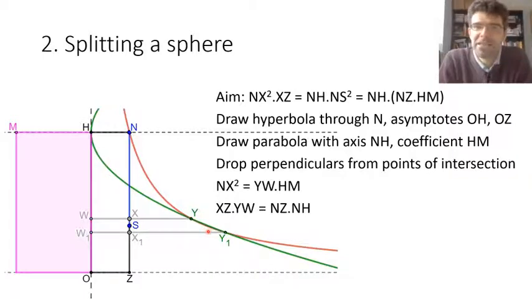And Archimedes seems to have used some slightly more advanced results about conic sections to produce actually quite a neat geometrical way of finding the x for which the value nx squared times zx is maximized, which turns out to be at s. But that is a story for another video, if I have time in the future.